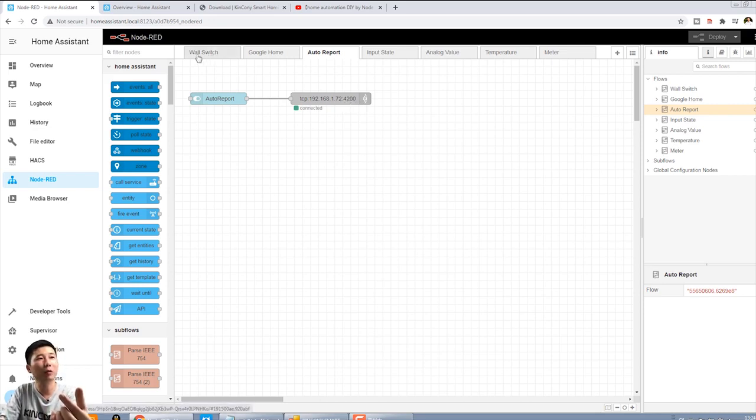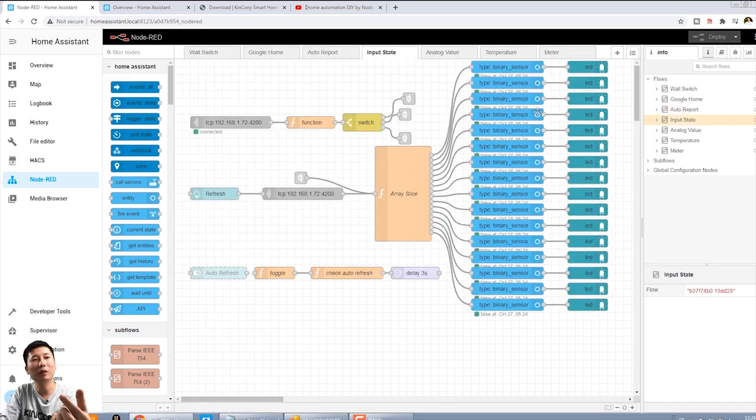And this wall switch and the Google Home are what our previous video created. You do not need to look at that. That is for the wall switch and Google Home speaker to control our relay box. And the second is the input state node. Just add this later. Later I will tell you how to set it up. And this analog